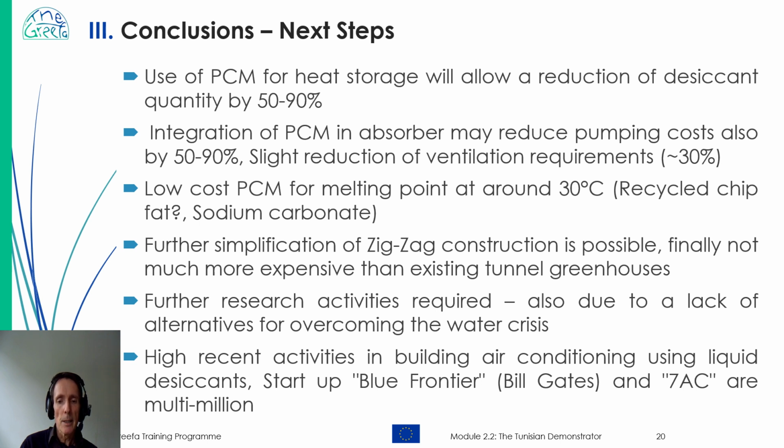Startup companies like Blue Frontier, funded by Bill Gates, and 7AC are recent multi-million investments in LDEC technology. So there is a lot of competition remaining in this part of the research,